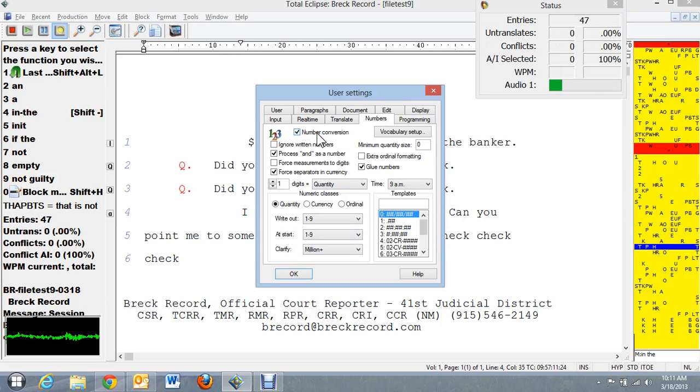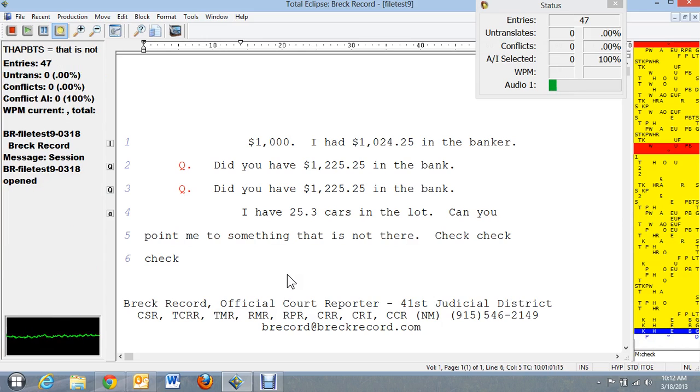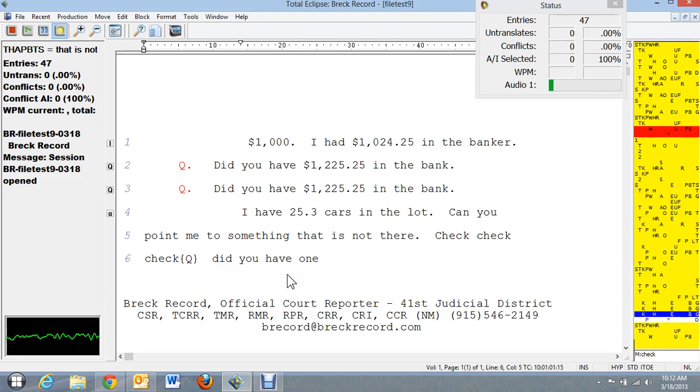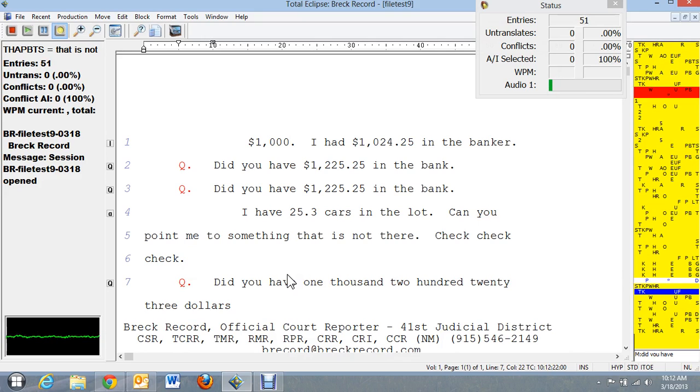I've got number conversion turned on, and I'm processing AND as a number. So let's just see how my setup works for me and see what we get here. You can watch me write on the screen here, and we'll see how it goes. So I'm going to do something like I did up there before. Question: did you have $1,223? Now, if I hold it right there, you'll see that nothing's converted yet because it's still waiting for me